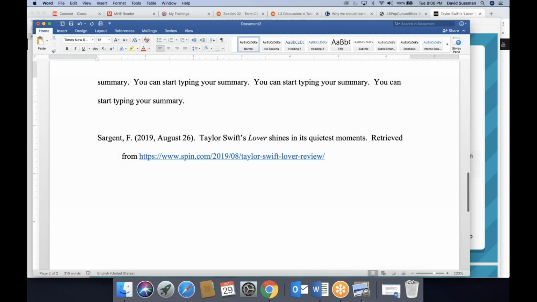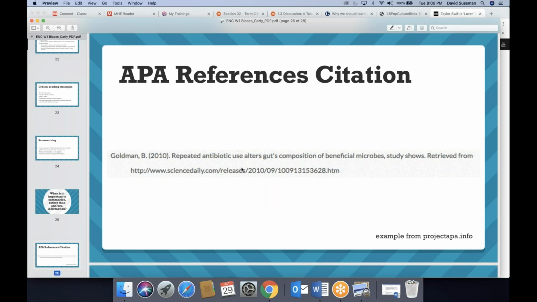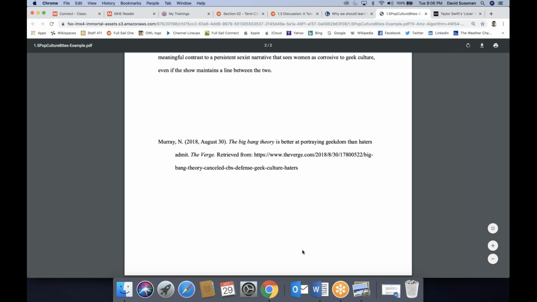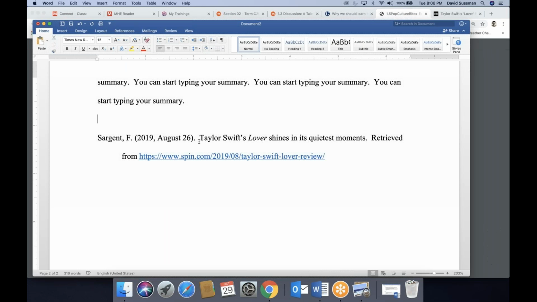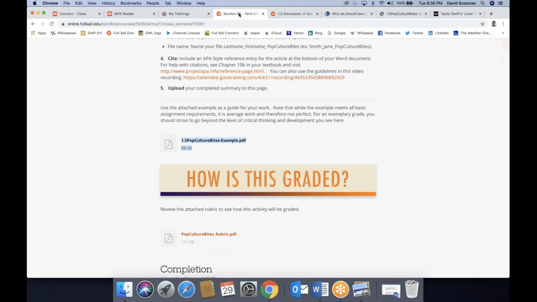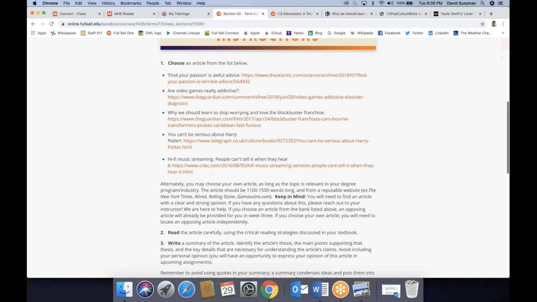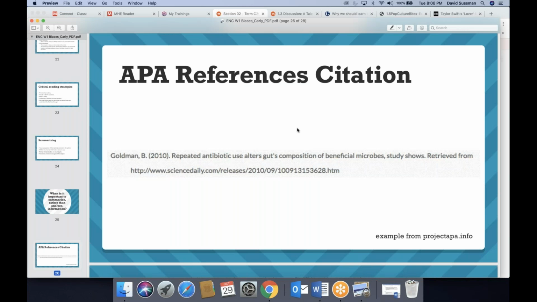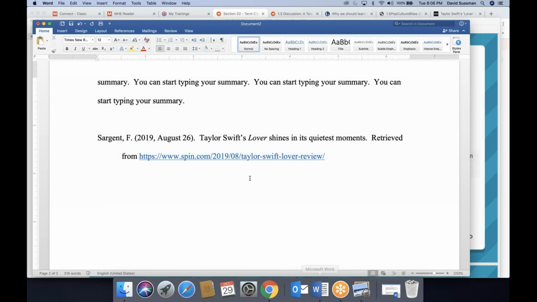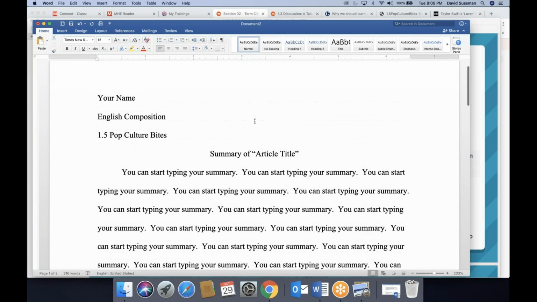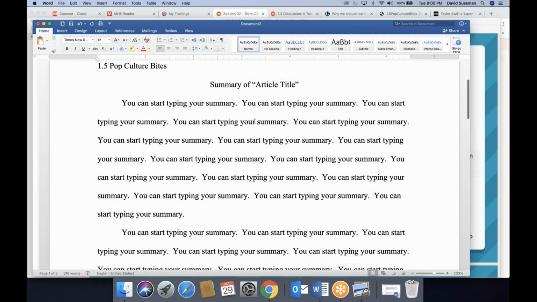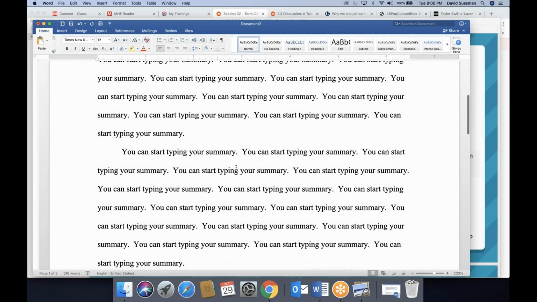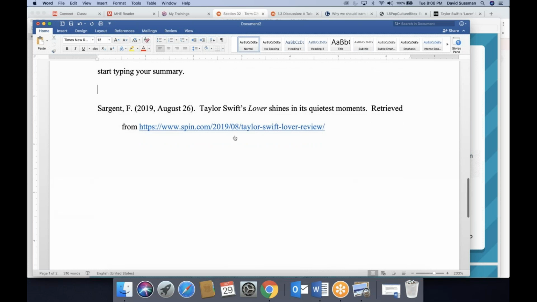Okay. So you can either take a screenshot here and just imitate that example, or if you were following along with me now, you can do the same thing. But you have to do that with whatever article you choose. So very, very simple. And there are points taken off if you don't include an APA reference. I try not to be too cruel, but yeah, if you don't include the reference at all, or if the entire summary is single spaced and it's one ginormous paragraph, yeah, again, try to study the example, take the information of the lecture, and try to make it look like this with an ending reference.